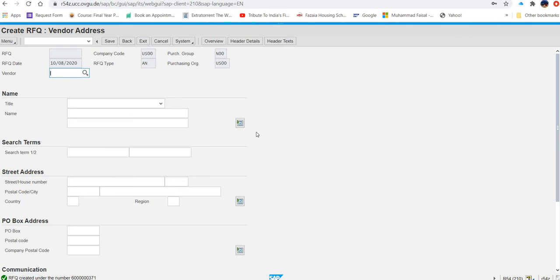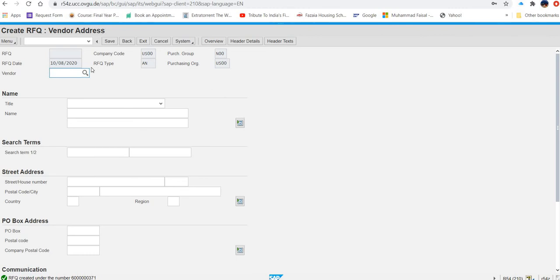Now, this is a tricky thing over here that you have to create two more RFQs with two different vendors. So on this screen, you are going to search those two vendors. One vendor is Dallas Bike Basics and the other one is Spy Gear.